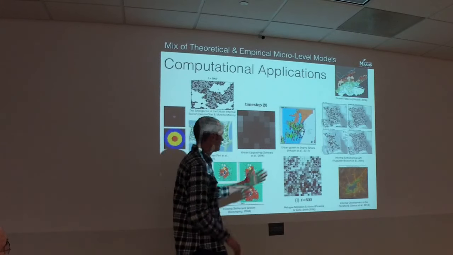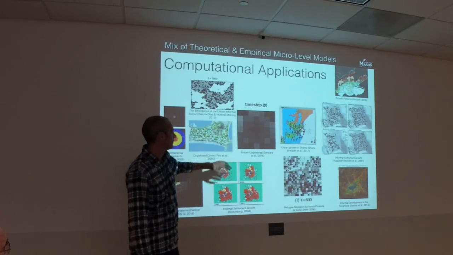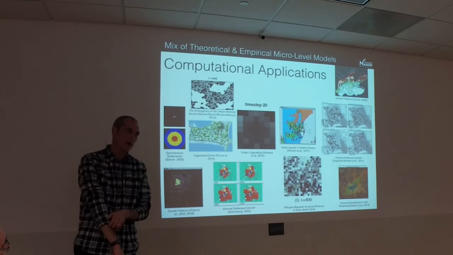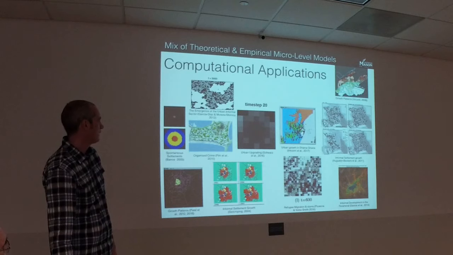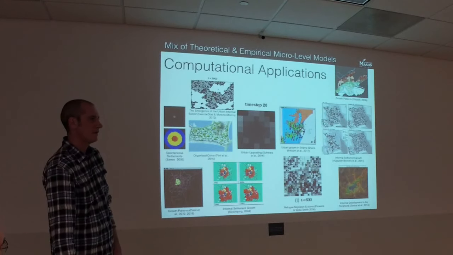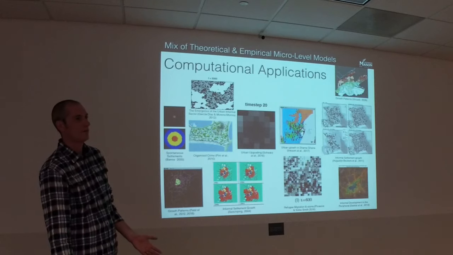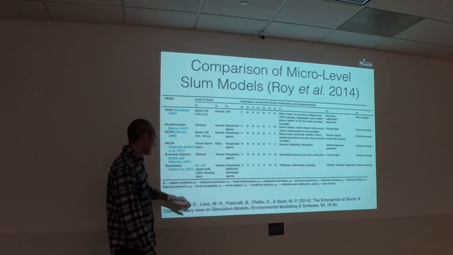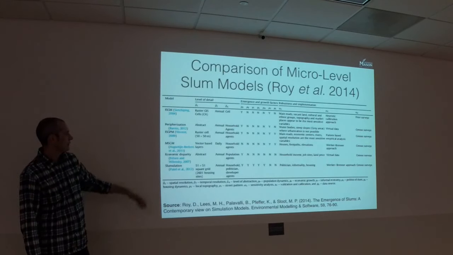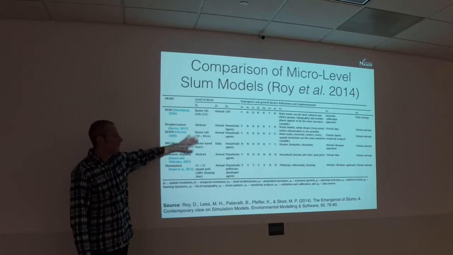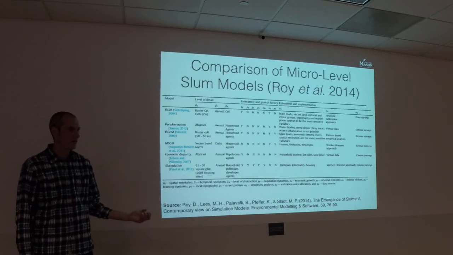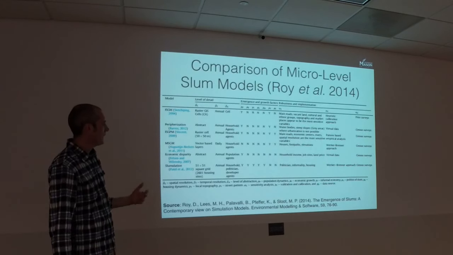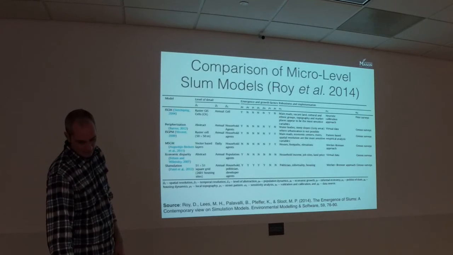But the best work is from the socioeconomic models, we have grading models and things like that. But there are very few computational models of slums out there. And I'm still like, why is that the case? Is it because no one cares? Or is it because it's a less developed world problem? Can we do better? There are some, like Roy and Mike Lee from Amsterdam, looking at what the must-haves are from models. So people are actually taking an interest in this, but it's a very small group of people looking at what the main benefits and main issues are in these types of models.